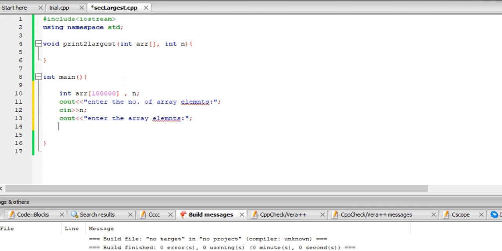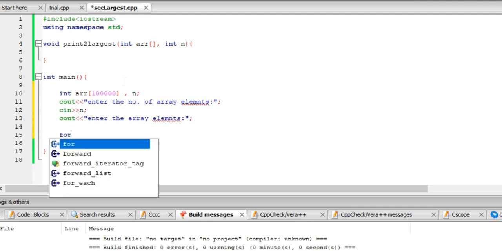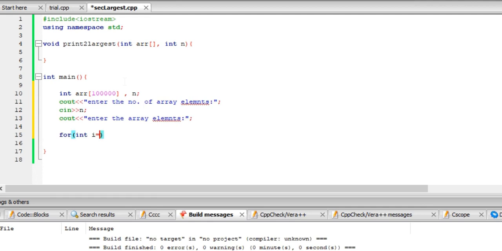Again, we are going to ask the user, enter the array elements. Now we are going to take the array input from the user. So we are going to start a for loop for that.